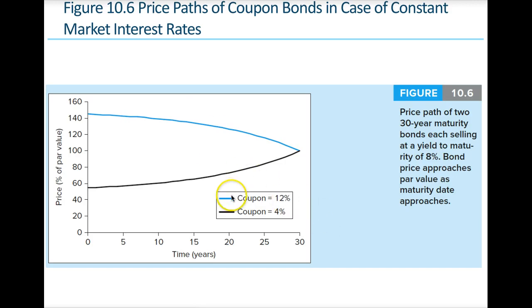Now here is a pretty common chart that we could look at when we're talking about the time from 0 to 30 years and the percentage of par value for a bond. These are 30-year bonds that pay an 8% coupon. If the bond is about to mature, it's going to gravitate back toward 100% of par value as it gets close to its maturity. But when a bond has 30 years of life in it, we see that if the current bonds are going to be trading at a 12% coupon versus a 4% coupon, this would be the